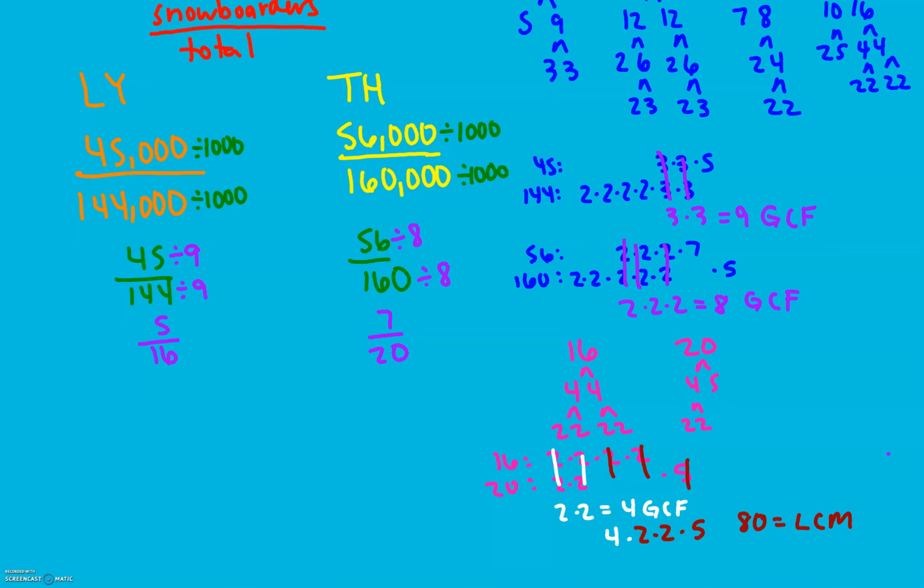Here I found our least common multiple to be 80. And I can see that the 16 was multiplied by a 5 to get to 80. And my 20 needs to be multiplied by the 2 2's or the 4 to get to 80. And if I change my denominator, I have to change my numerator. So here I get 25 over 80, 28 over 80, and this year has more. I changed my denominator and my numerator, simplified